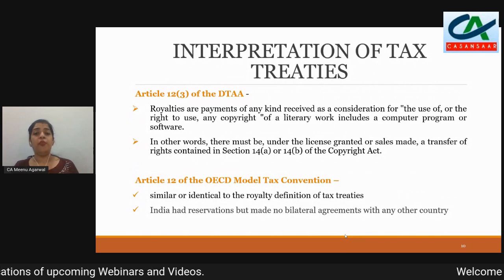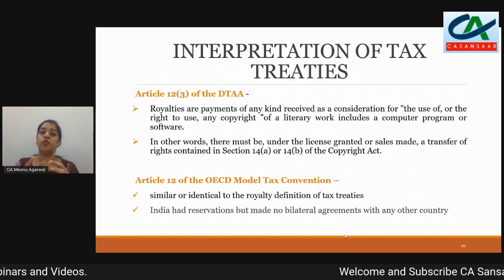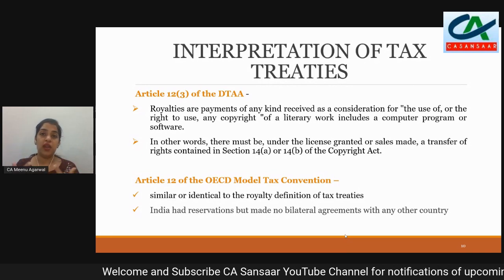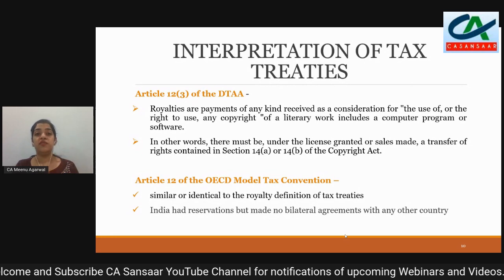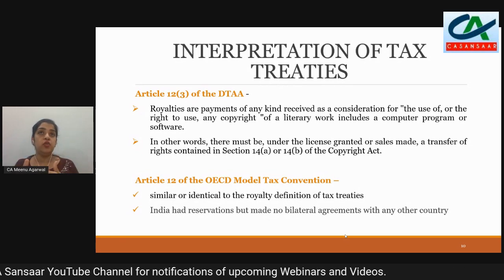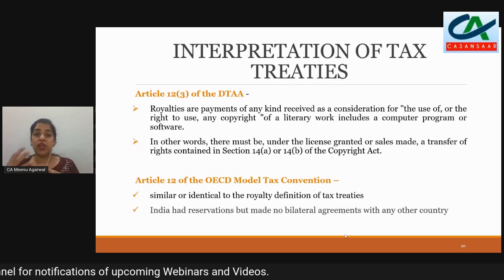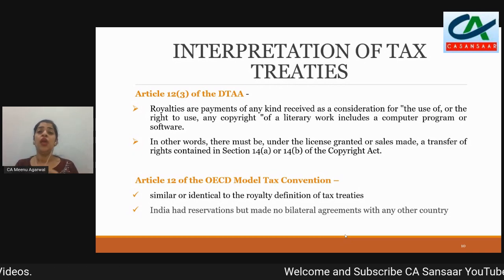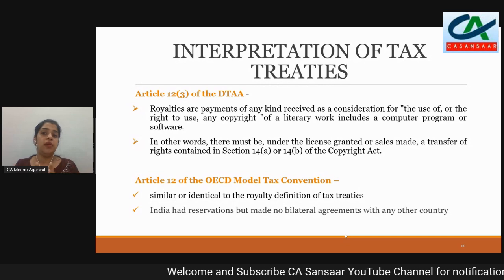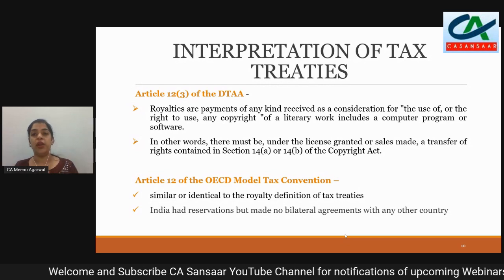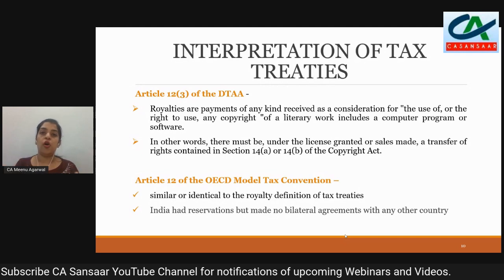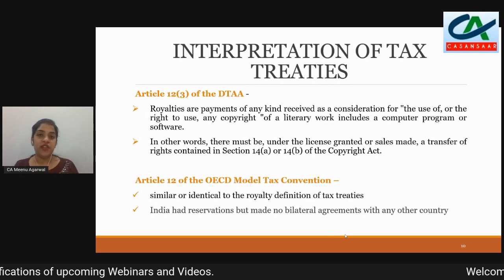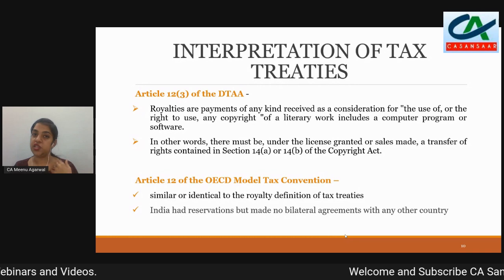The Supreme Court did not stop itself by just analyzing Article 12 of certain DTAAs. The Supreme Court went one step ahead to analyze whether the OECD Model Tax Convention should also be looked into for the ease of understanding, and whether it should be considered for analyzing and concluding such transactions. Now, you all must be aware that the double taxation avoidance agreements either take the form of the OECD convention or of the UN convention, right? So most of the Article 12 of the DTAA are in line with the OECD convention.